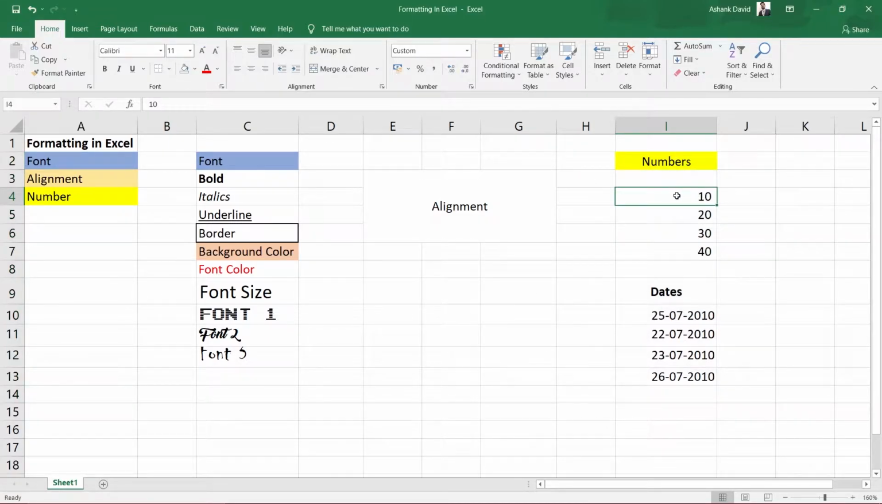Suppose I have selected some numbers here. If I go to this drop down menu, this is what we call the number format drop down menu. If I click on this number, it says custom, and if I click on some empty cell, it says general. So what do general and custom mean? If I click on this number 10 here,